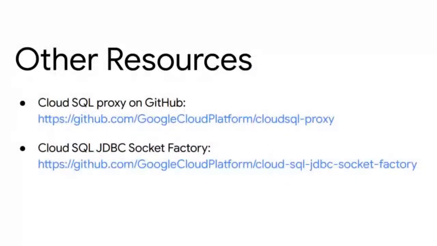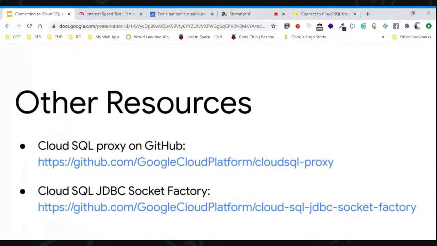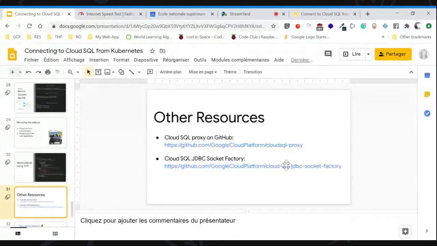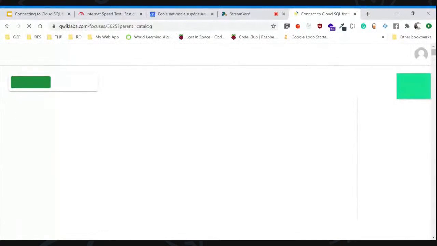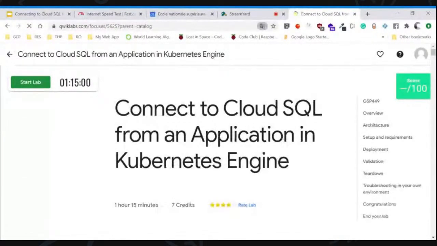There are other resources you can go and check, like the Cloud SQL proxy on GitHub, and also we have the Cloud SQL JDBC socket factory. Now I think that we don't have a lot of time, so we're going to see the demonstration on Qwiklabs. Since all of you, I think, have access to the Qwiklabs platform, like you can see here,